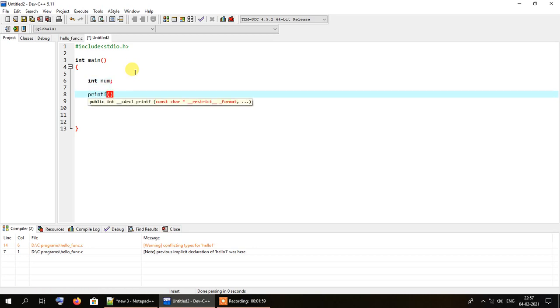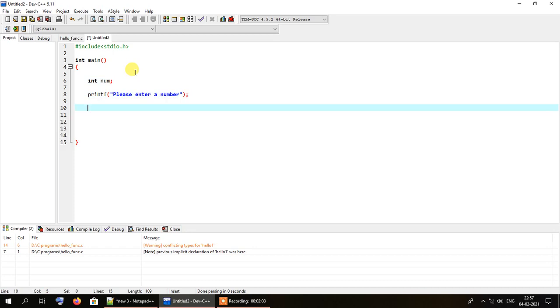Printf, please enter a number. So I'll have to take the number by using a scanf statement. As you all know, I'll also have to specify the ampersand operator while using the scanf function.